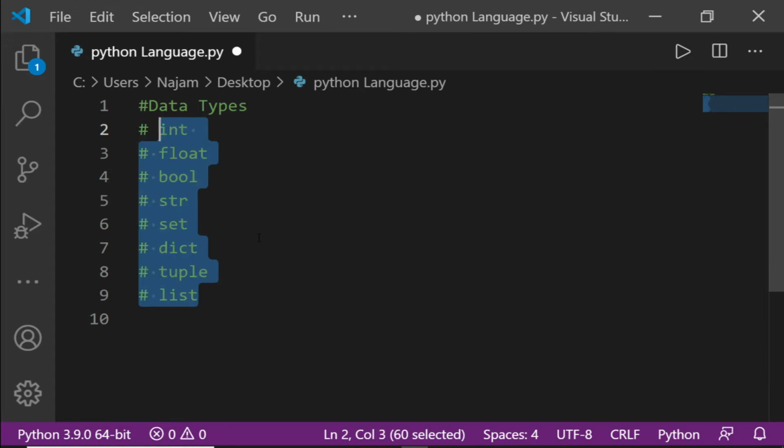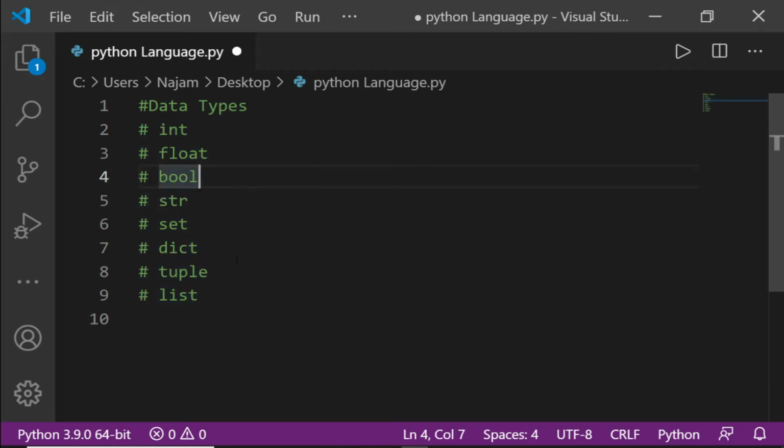So I just want to comment this out and talk about each one of them. Every time we write some numbers, it may be an integer. Integer means a number, positive or negative. It doesn't matter what kind of number it contains: 1, 2, 3, 4, 5, 0, negative 5, plus 9, any number it can take. It is called an integer.